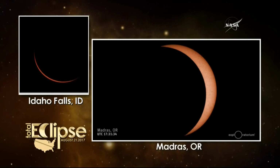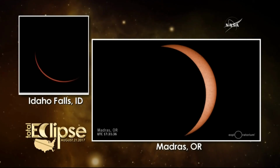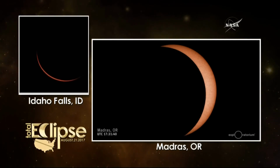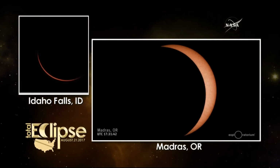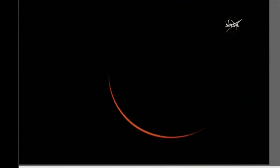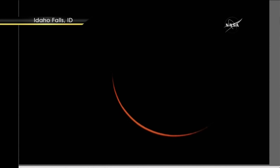All right, so we still have a little sliver, just a little sliver of the sun right now. And let's talk about this. Why is this so rare? Well, you know, the plane of the moon relative to the Earth's sun line is tilted by 5 degrees. And so there's only 2 places where the moon and the Earth and sun